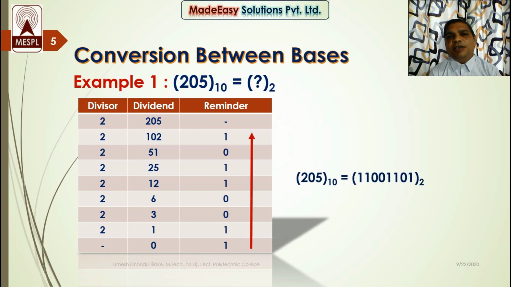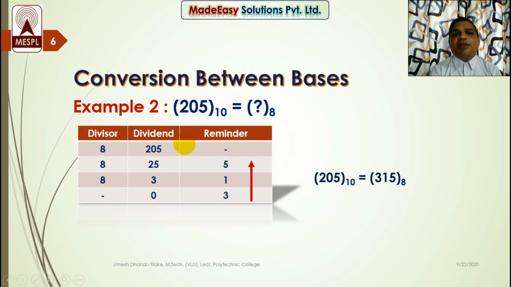Now here in this video also we have considered a total of 6 examples. Among those, one we have already seen, and in every example you are going to learn new things. So what new thing will you learn in the next example? Let's see. Here we will try to convert the same decimal number into octal. So here the required number is in the octal number system. So the base is 8. So divide the given number by the base 8.